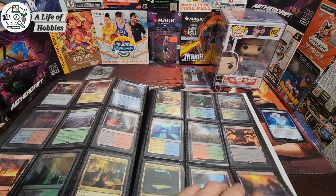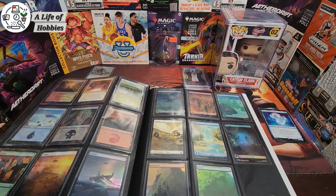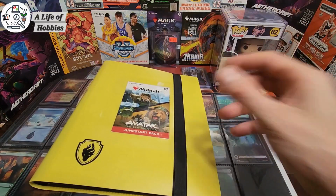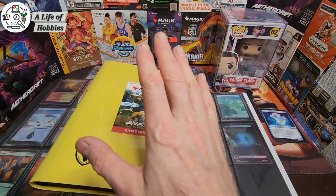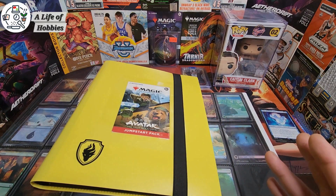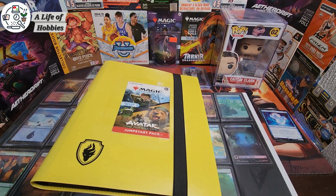As you can see, we got all the lands, all the Appa lands, all the Momo lands. We're good to go. We got it all. Now we're just waiting on those last couple of cards, and again, they should be in the mail here today. We're going to start on the Jumpstart set. We've already opened 5 of the Jumpstart 2-packs, and that was 10 of the 46 out of, well, technically 66